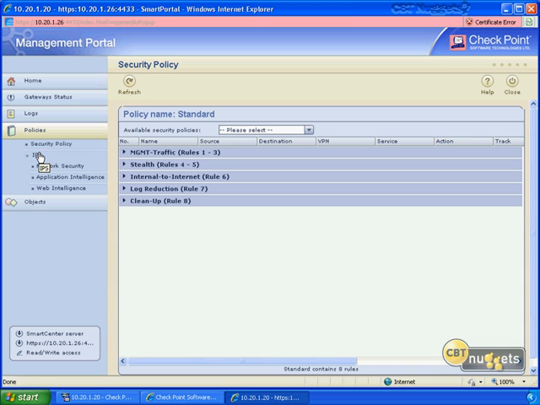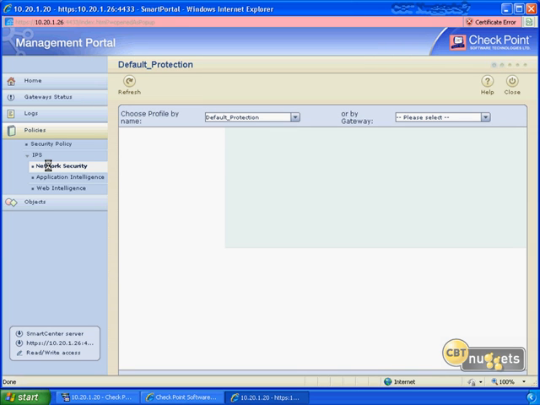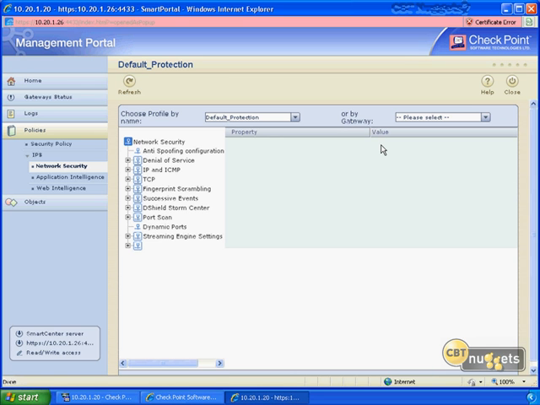And we can also see this type of information for our IPS, where we can see our network security information, our application intelligence, and our web intelligence. And we have our basic profiles here, or we can choose by the actual gateway. As you can see, that's a lot more resource intensive object that you're going to see for pulling up any type of IPS information, and that's pretty normal. IPS is always going to be quite resource intensive because there's so many things running on it